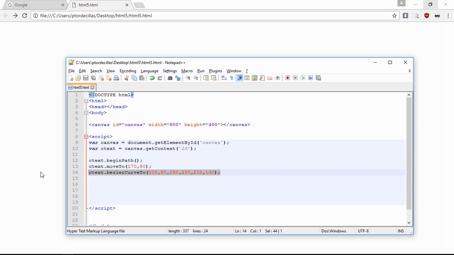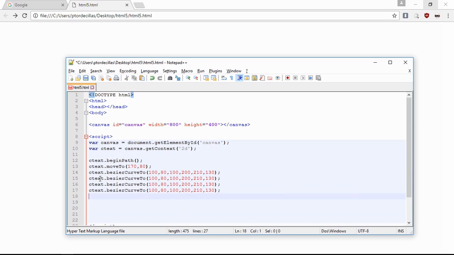6 times. Copy 1, 2, 3, 4, 5, 6. Then let's change the values: 200, then 200, then 280, then 205, then 380, then 180. Next is